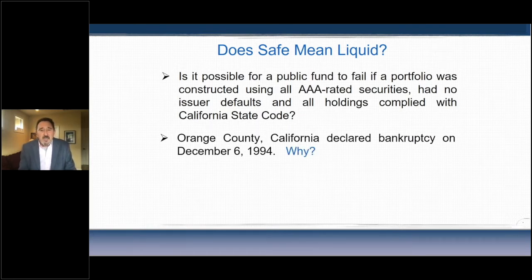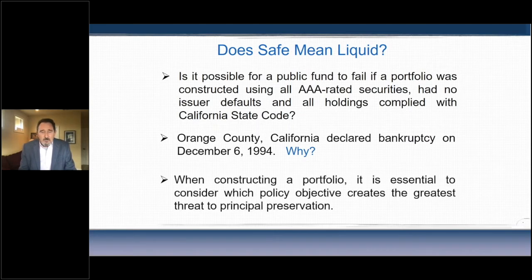The question you have to ask is, how could some entity fail if they're in compliance and there are no issuer defaults? And that's the difference between understanding a legal portfolio versus a suitable portfolio. One of the examples of being legal and not suitable we'll talk about is the one where you're all in cash. You could legally hold 5-year treasuries, 100% of them, and be legal. Would it in fact be suitable? Likely not.